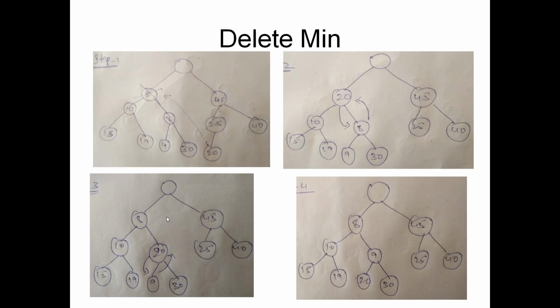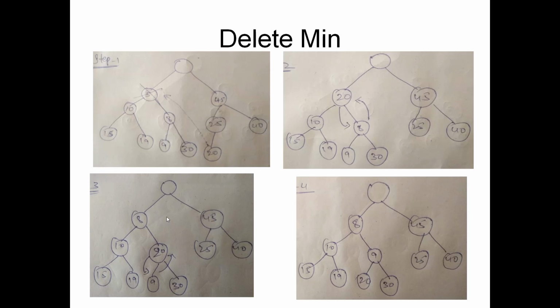In step 1, now we are trying to delete node 5. To delete it, from the right subtree, the bottom last element should be replaced with the deleting position. So 5 is removed and the right side below is 20, so 5 should be replaced with 20. In the second step we can see it, and it checks for the minimum heap properties, that is minimum should be at the topmost of the subtree.